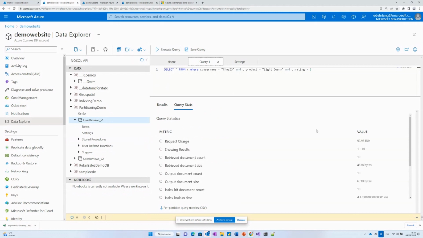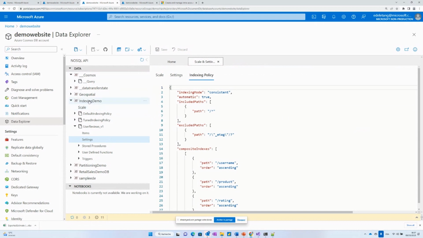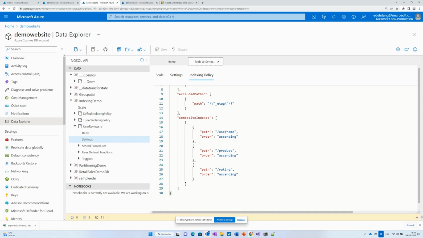So I have executed this query, and you can see here the value of 92. Now let me execute the same query here, but inside an indexing demo, where I have made a copy of user review, and I will explain later how I did this. You can see in the settings, I have created a composite index on username, product, and rating.